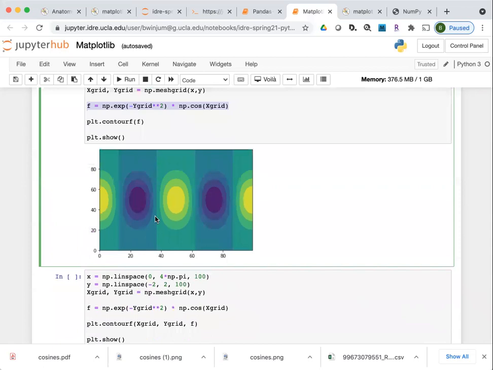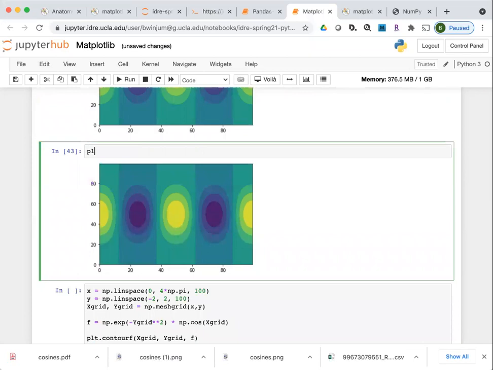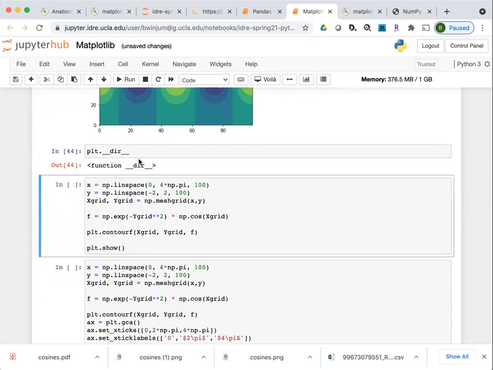Just to address a question in the chat, so it seems graph types are not in the Matplotlib website. Where can we have a comprehensive guide for graph types? That's a good question, and I don't know offhand, but what I would guess is if you look at the documentation for PLT, you might have to go a little bit deeper into the documentation, but the documentation for PLT, I think this will work. If you haven't seen this before, this might be something which is, oops.